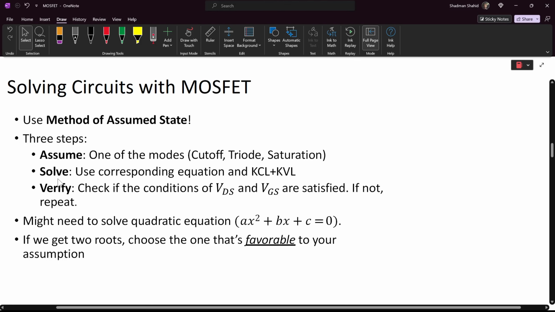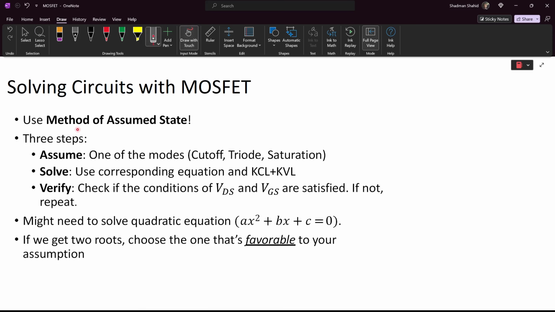এই ভিডিওতে আমরা ডিসকাস করব কিভাবে একটা ডিসি সার্কিটে যদি মসফেট থাকে তাহলে আমরা সেগুলা সলভ করব। তো ইউজুয়ালি যে কোনো নন লিনিয়ার ইলেকট্রনিক কিংবা ইলেকট্রিক্যাল ডিভাইস দিয়ে আমরা যখন সার্কিট সলভ করি তখন আমরা মেথড অফ অ্যাজিউমড স্টেটস এর টেকনিকটা ইউজ করি। এই টেকনিক 3 স্টেপে আমার সার্কিট সলভ করতে বলে। The first step is to assume a mode